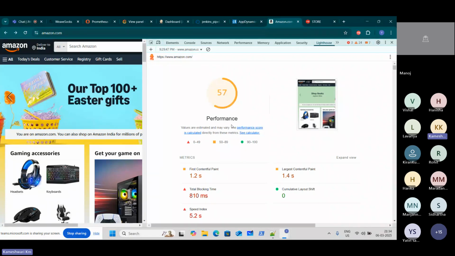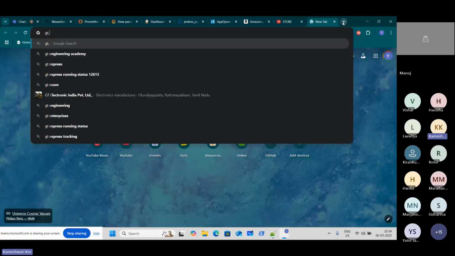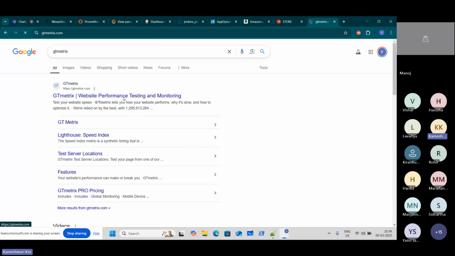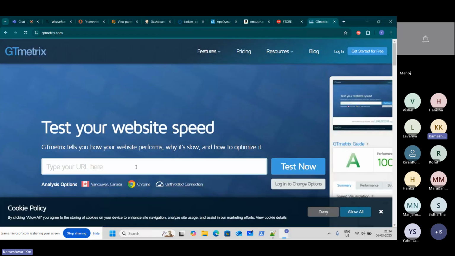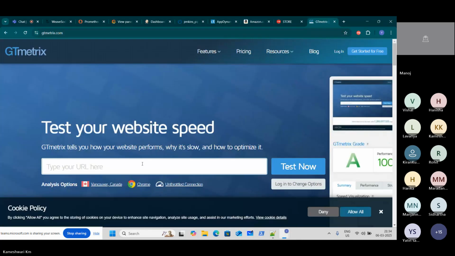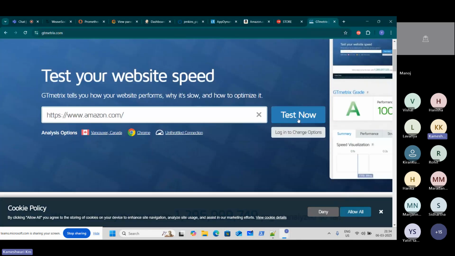So these are some UI testing tools, and there's one more called GTmetrix. Sometimes in interviews they might ask you. This is also a leading tool in UI. You can just give your URL here. For example, let's say I give Amazon.com, and if I click test now,